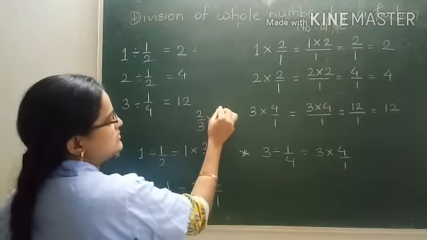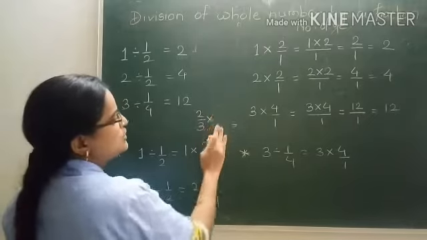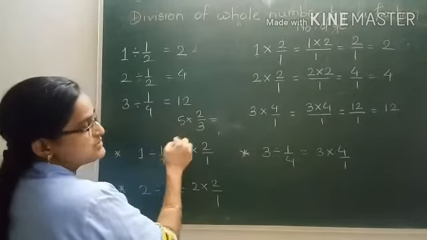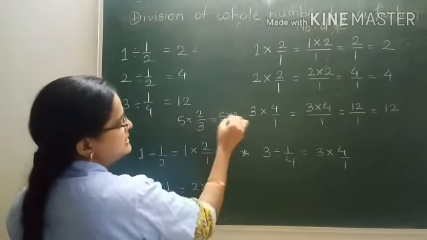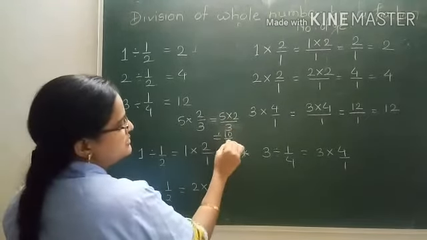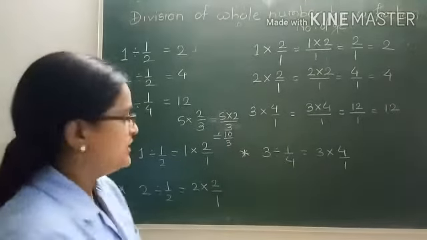See, if you don't remember, we have studied like this. 2 upon 3 multiplied by 5 upon 7. How to do this product of 5 multiplied by 2 upon 3? We have studied 5 multiplied by 2 upon 3. Do you remember this? So it is 10 upon 3. In the same way I have done all these products. Are you getting?